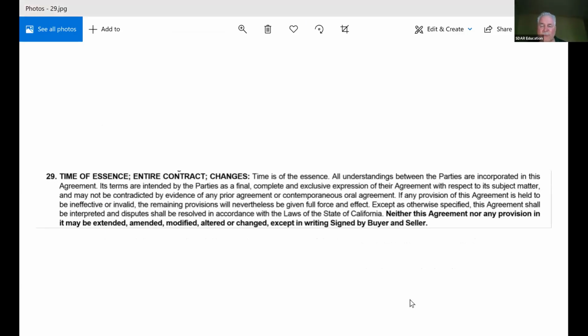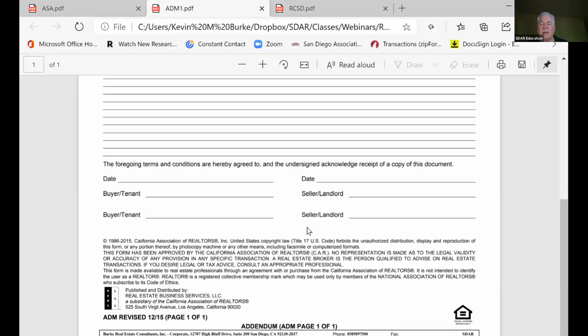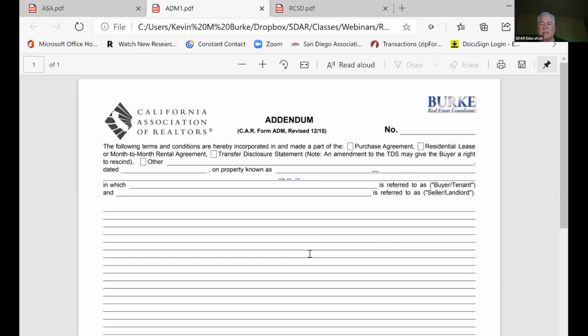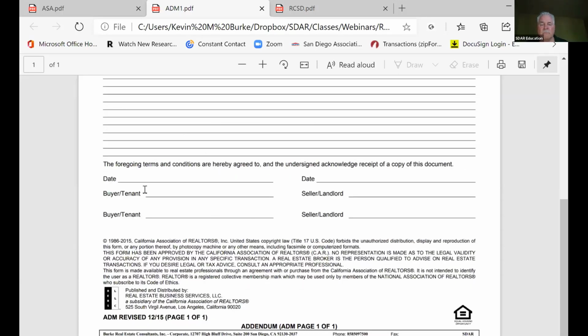By the way, I see this form used, strangely enough, to give what I think is essentially legal advice, but watch this. When I take a look at this form, look who the parties are at the bottom of the form. This is the addendum. So at the bottom of the addendum form, who signs the addendum? The buyer, the seller, the tenant, the landlord. Does anybody see agent in there? There's no agent in there. This is because the contract is not between you and the parties.